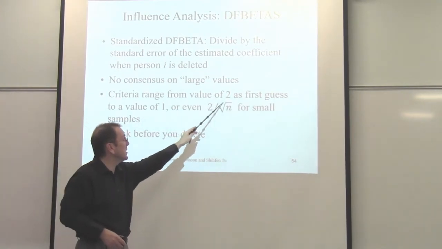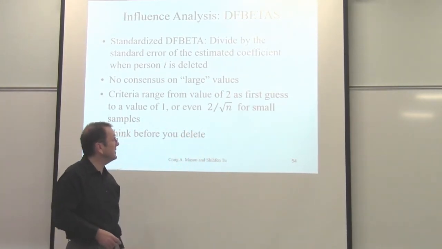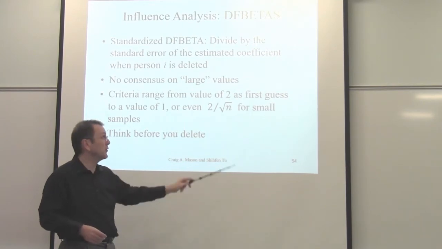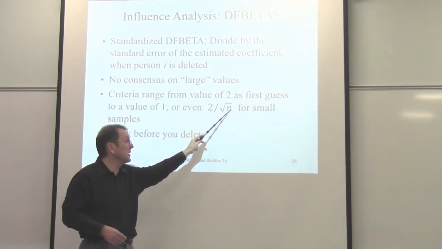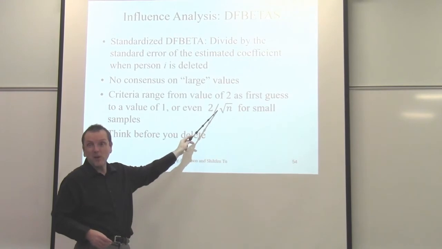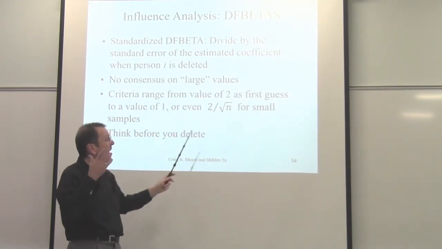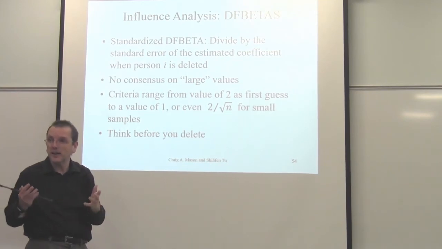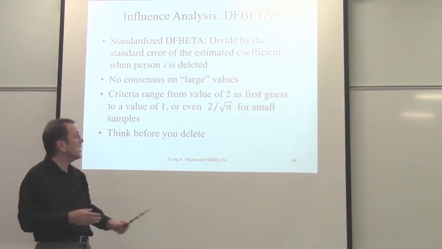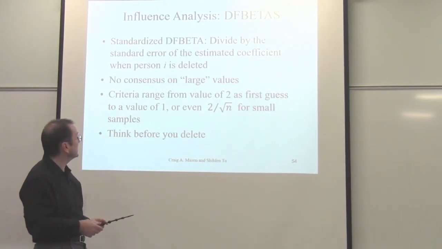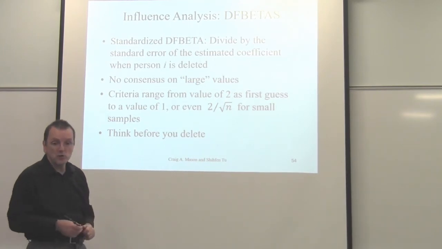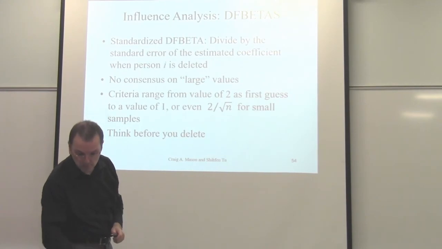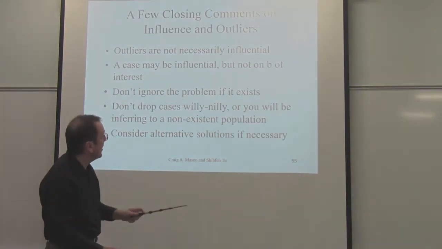I think you see this number a lot, 2 over the square root of n for small samples, which can tell you, if your sample's really big, they're all going to be bigger than that. But it's really something you need to look at the totality of across all the data. What sort of pattern do you see in these? And not just get into dropping cases willy-nilly. Talking about dropping cases